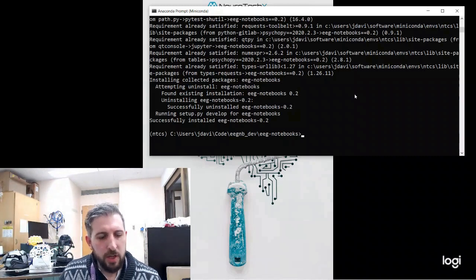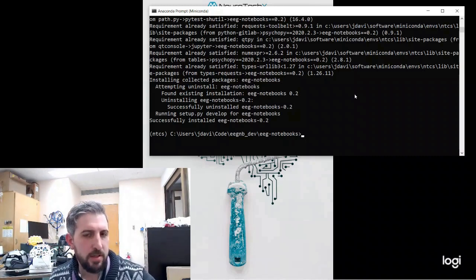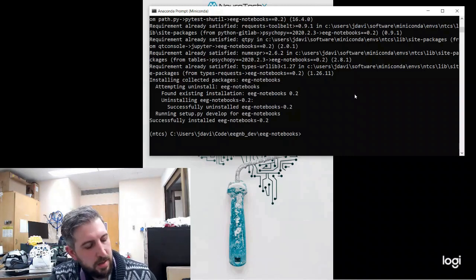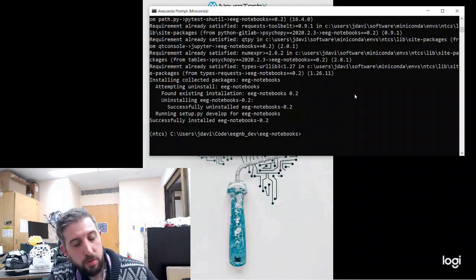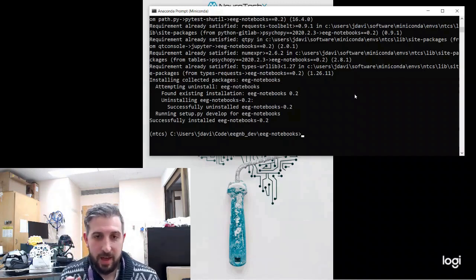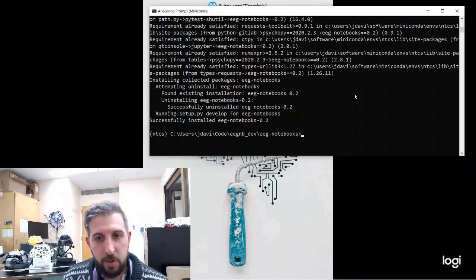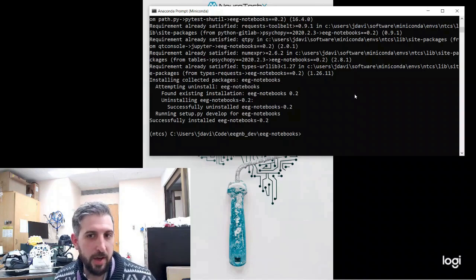So first thing I want to do demo wise is show initiating a connection and doing a signal quality check. What we'll do then is I'll show you the process for running the experiment, a visual face and house processing task, so like looking at pictures, measuring brain activity. Both of them are really simple, but the signal quality check is simpler, and it's also the first step, so